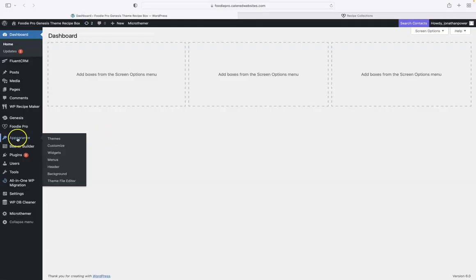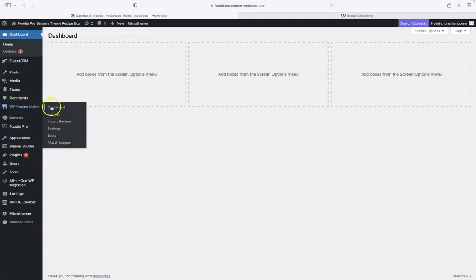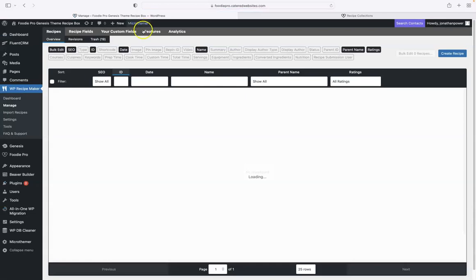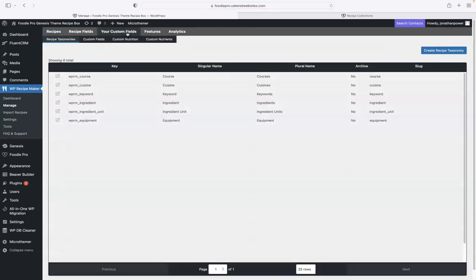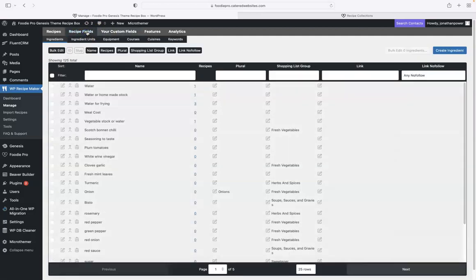So I'm going to go into WP Recipe Maker, go into Manage, Custom Fields, and I'm in the wrong place. It's Recipe Fields, and we need to go, here we are, it's Ingredients, okay? And so we have a column over here called Link, and we want to